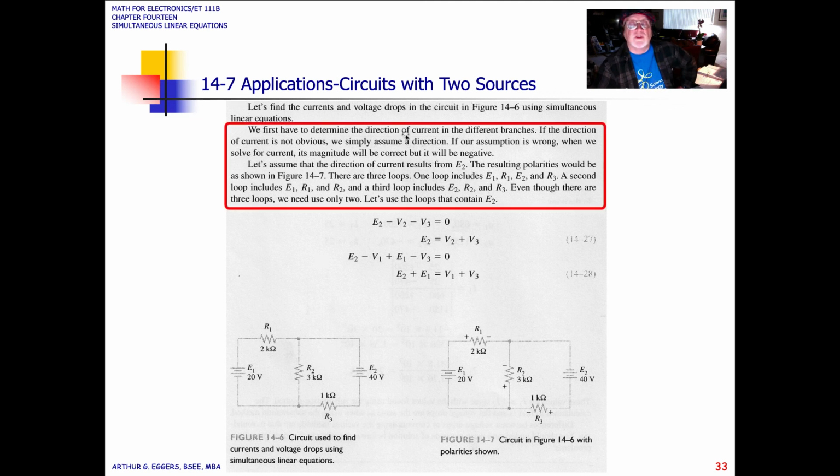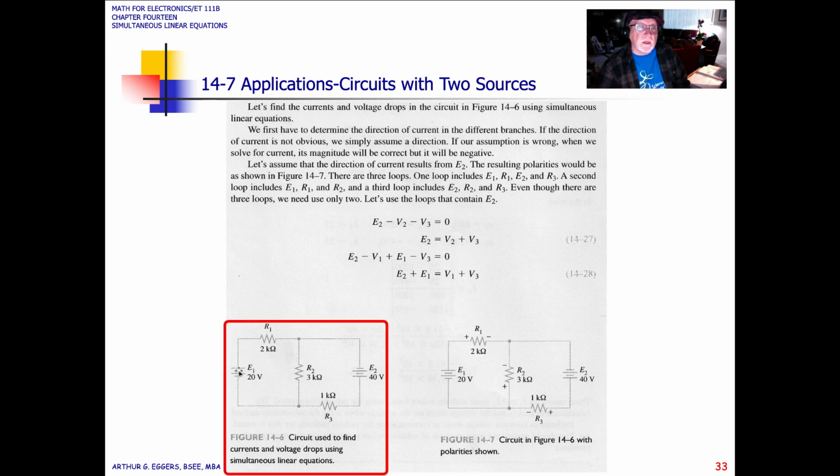So we first have to determine the direction of current in the different branches. If the direction of current is not obvious, we simply assume a direction. If we assume a direction, you make sure that the other direction then is just the opposite. How would we do that? Well, if you look at these sources, you've got the long bar, short bar, long bar, short bar. On this side, you've got the short bar, long bar, short bar, long bar. From those, you could say, okay, I'm going to assign a positive at the top of the long bar and a negative at the top of the short bar. Once you establish your convention, you have to stick with it